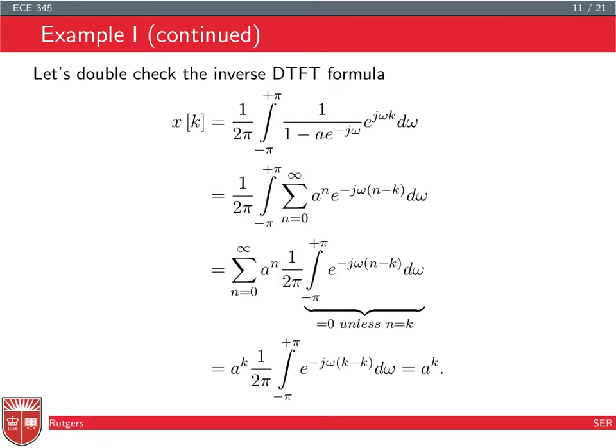So here I have the different steps, so let's do it. I have x of k, I'm just applying the inverse DTFT formula like I said. So this part here is x of e^{jω}. So I'm just applying the formula. Now if you look at this integral here, it's a little bit difficult to solve. So you have 1 over (1 − a e^{−jω}), e^{jωk}, and maybe